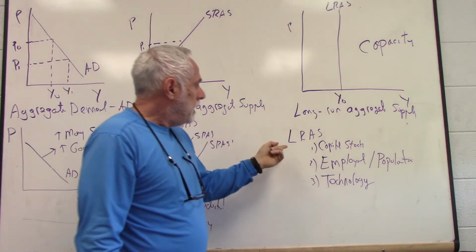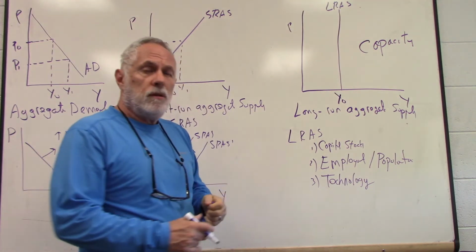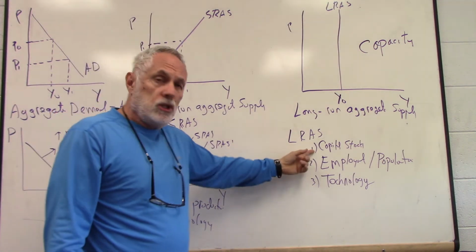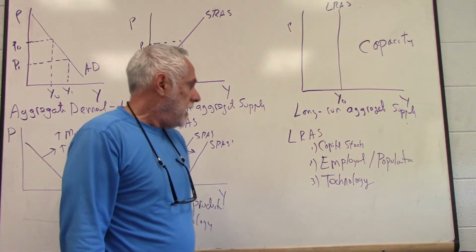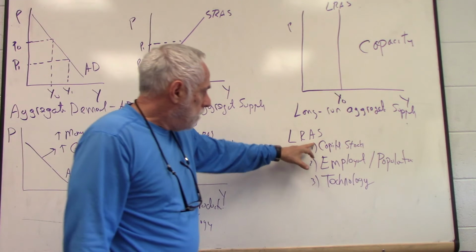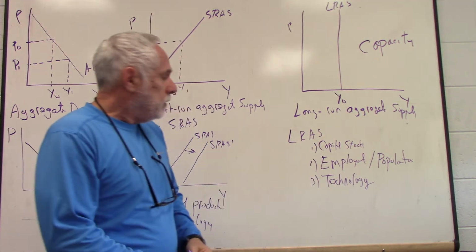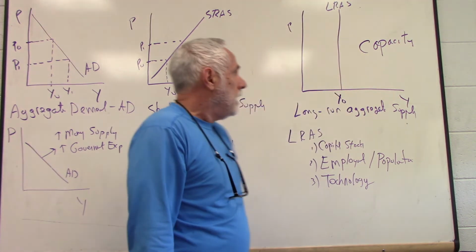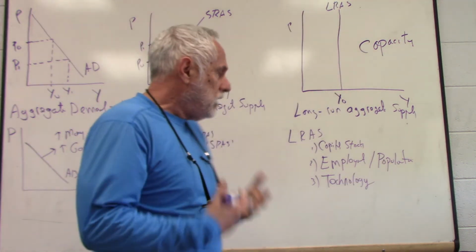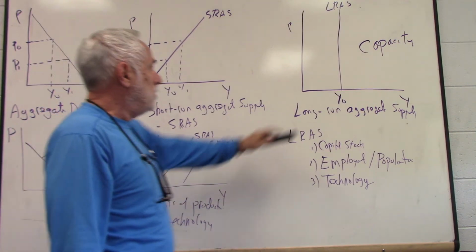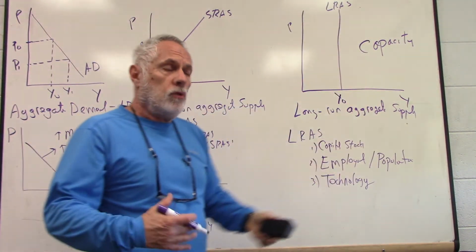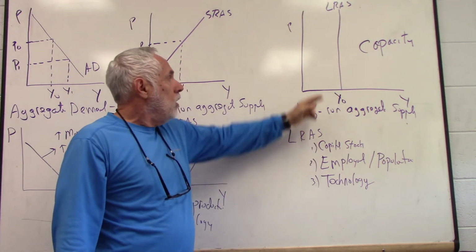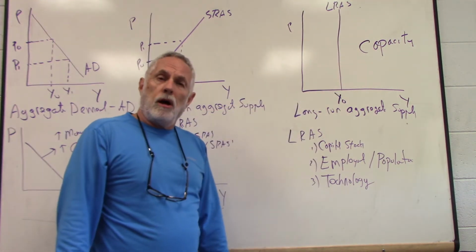But the long-run aggregate supply schedule is influenced by long-run factors like capital stock. I mean, this could be buildings, this could be machinery, tools. And as capital stock or the amount of population and technology changes, this curve can actually shift outward. So, as the economy grows, the capacity of the economy also grows. So as time goes by, as more capital stock is accumulated, we'll see that the long-run aggregate supply schedule can